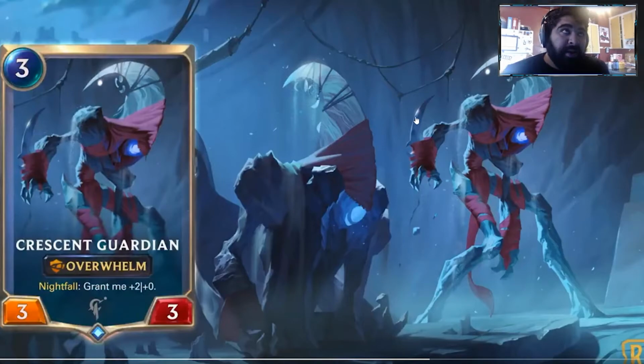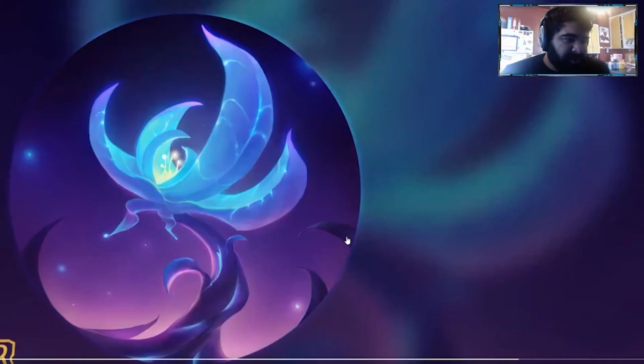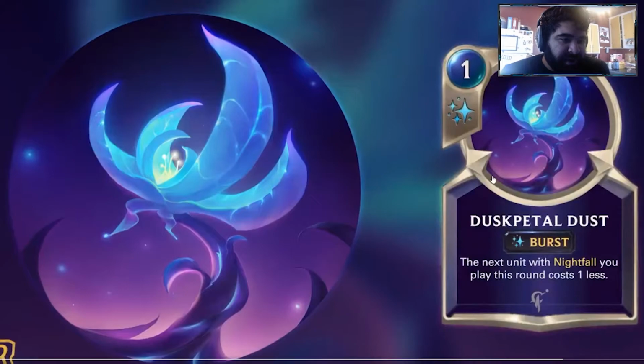I'm hoping, similar to Tarek, there's more ways of getting the petal, because that's such a powerful card. The Dusk Petal. If we can get more of these, like if we had a Guardian of the Stones for a Dusk Petal version, oh my goodness, Nightfall would be so easy to trigger. So now,